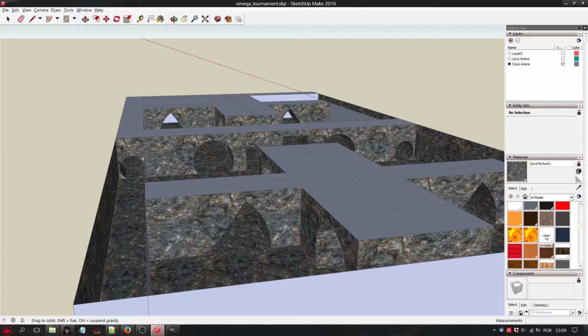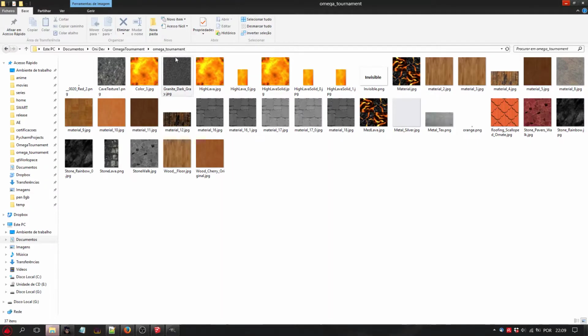I have already created a texture for this option, a simple texture with the invisible flag on it.